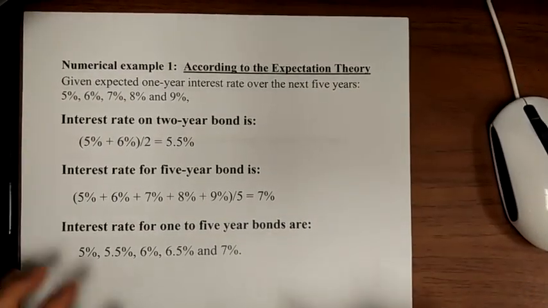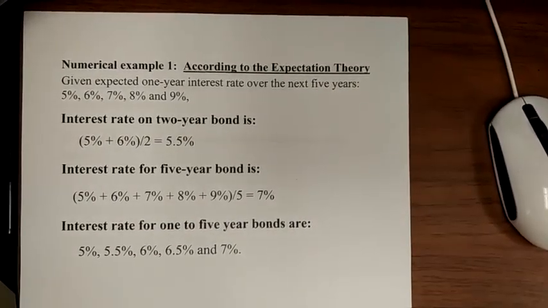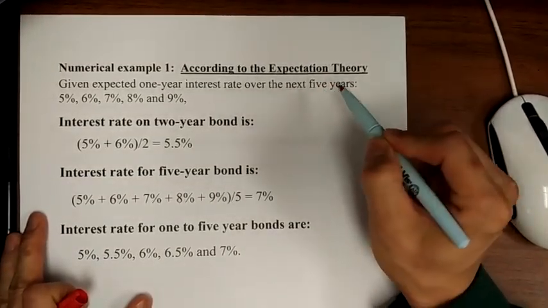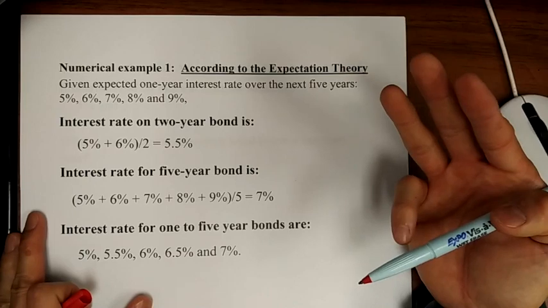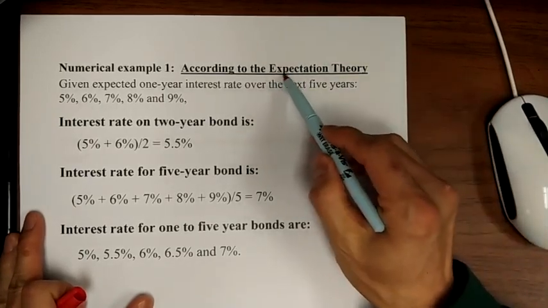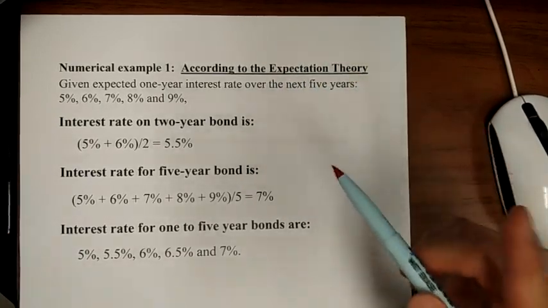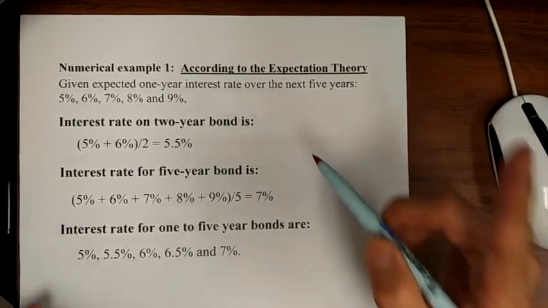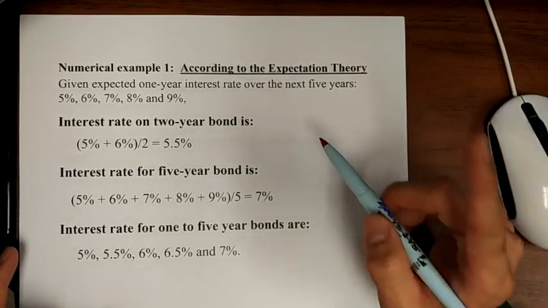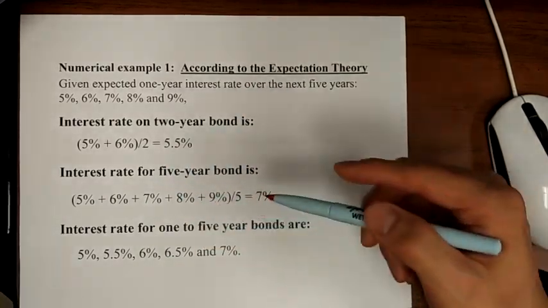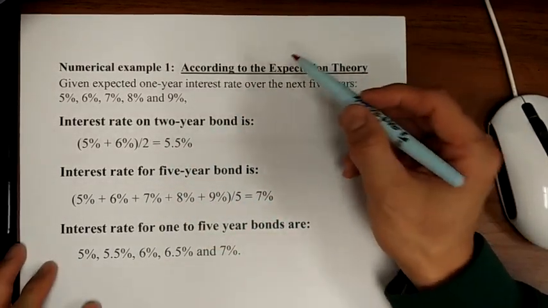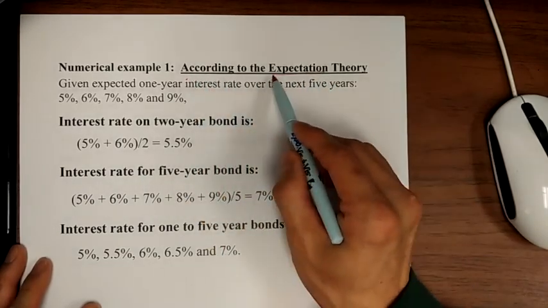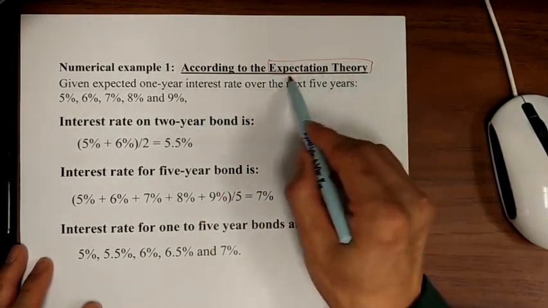Now let me show you some examples. Keep in mind that we are talking about the first of the 3 theories, right? And the first theory is the expectation theory. And we know that the expectation theory is wrong. It is wrong, okay? It is not the correct theory. Therefore, the example here has to be based on this wrong theory. We assume that this theory is correct. So according to the expectation theory,